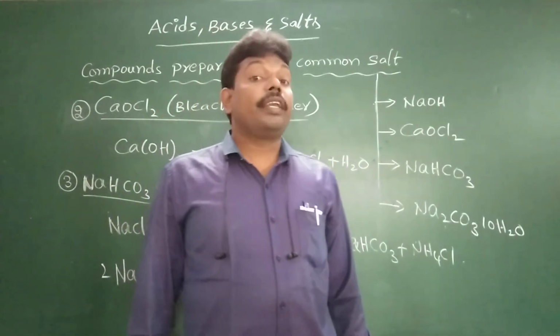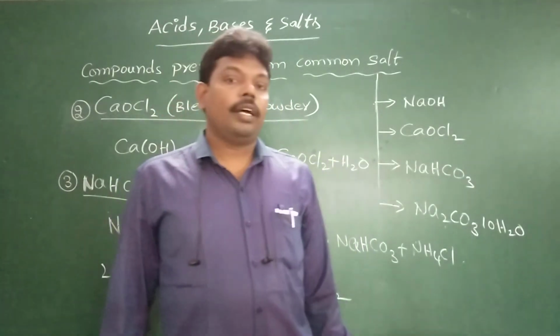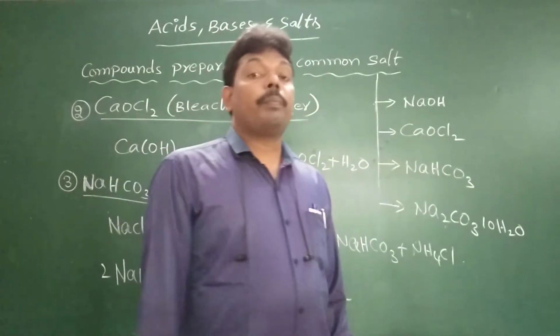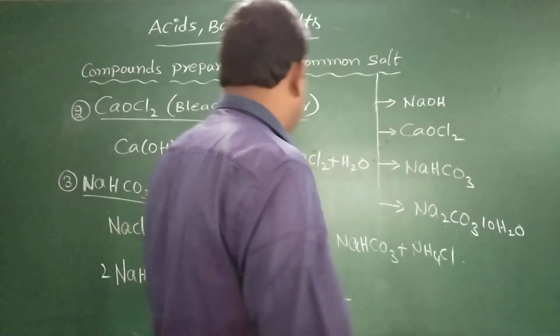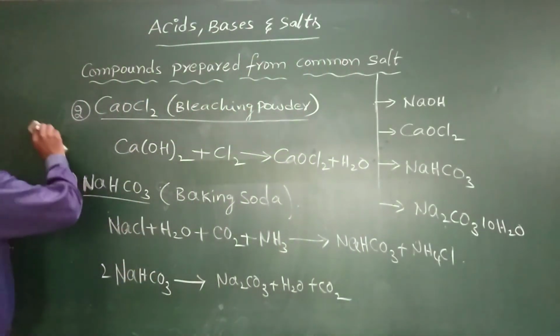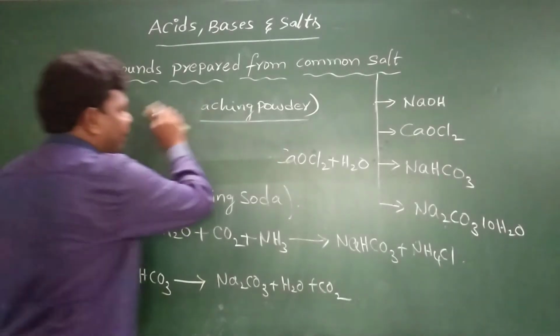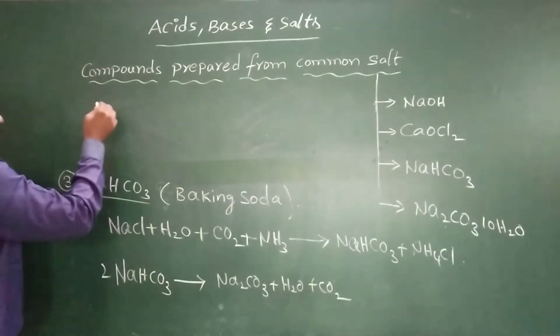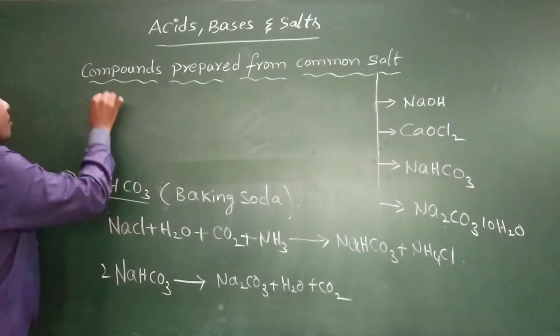Number one is antacids, number two is fire extinguishers, the third is that antiseptics also use this baking soda, and the fourth is to prepare baking powder. This is very important. Let us see that. I will write the chemical equation here. To prepare the baking powder: what is baking powder? Baking powder is a mixture of baking soda,